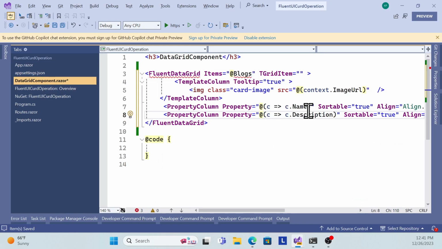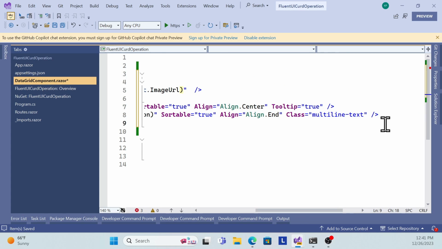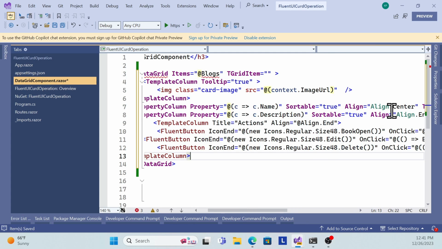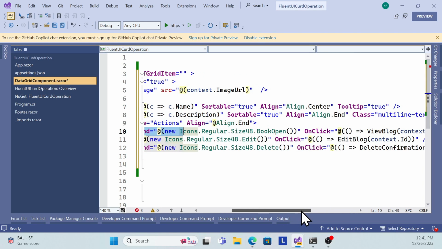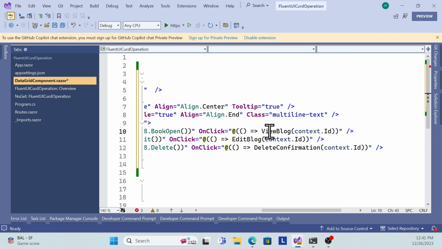So go back to here again, and then again I need to add one more template column. So this is another template column, and in this template column I just mentioned the title as Actions and set the alignment. After that, what I did, whatever our events, right? See, I just want to create the event of this